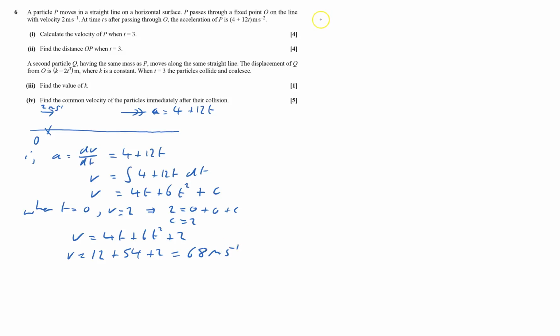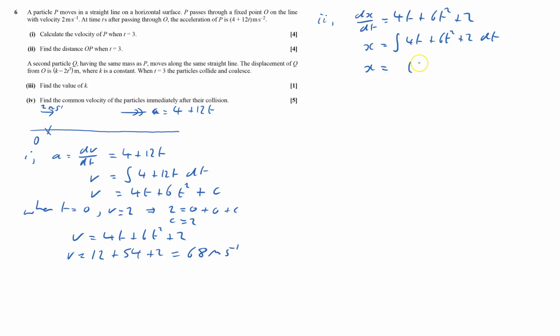Part 2 I'll do up here. Find the distance when t equals 3. So now I'm going to have to do the same thing again. I know that v equals this, but v is dx by dt. So dx by dt equals 4t plus 6t squared plus 2. I'm going to have to integrate this, so x will equal the integral of that expression. Don't forget, why integrating, I'm going to have to get the plus c,